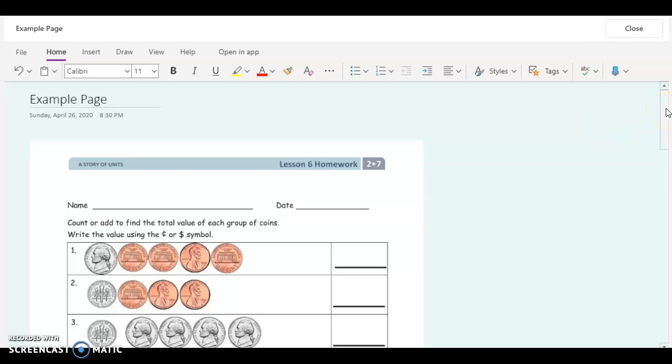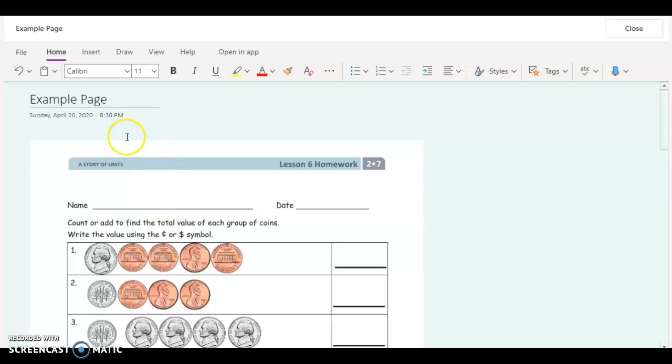Starting this week, you will begin to get assignments that are going to be titled problem sets. So the way that you're going to do the problem sets, when you click on the assignment and you open up to the problem set, there's going to be a page that looks like this. Okay, I have an example page here that I'm going to teach you how you can write on this or